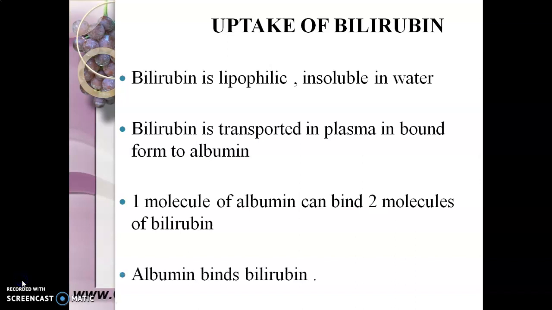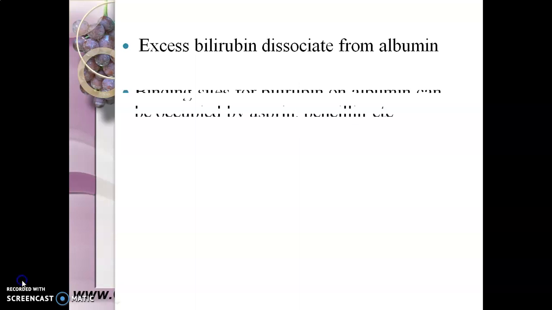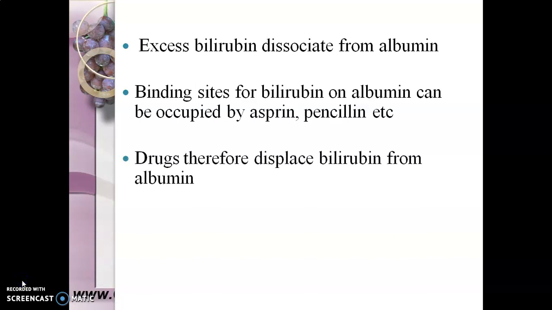Hence, albumin binds to bilirubin. Whatever excess bilirubin is there dissociates from albumin and gets deposited in tissue. The binding sites for bilirubin on albumin can be occupied by a few drugs like aspirin, penicillin, etc. Hence, whenever these drugs are administered, they can displace bilirubin from albumin, and care has to be taken